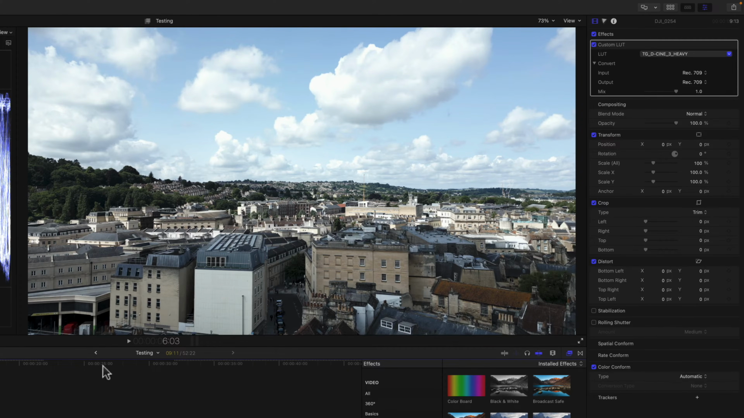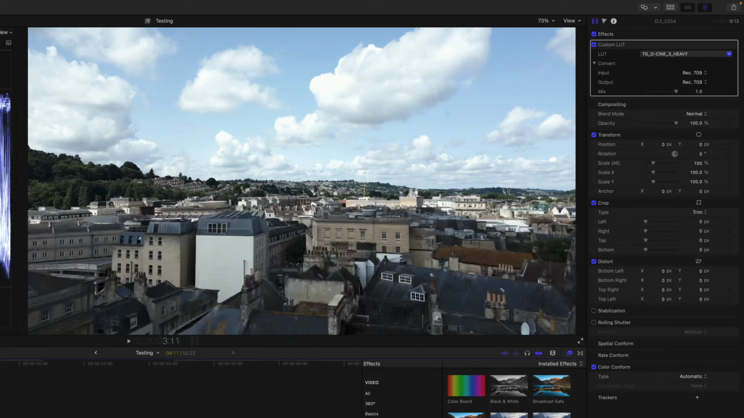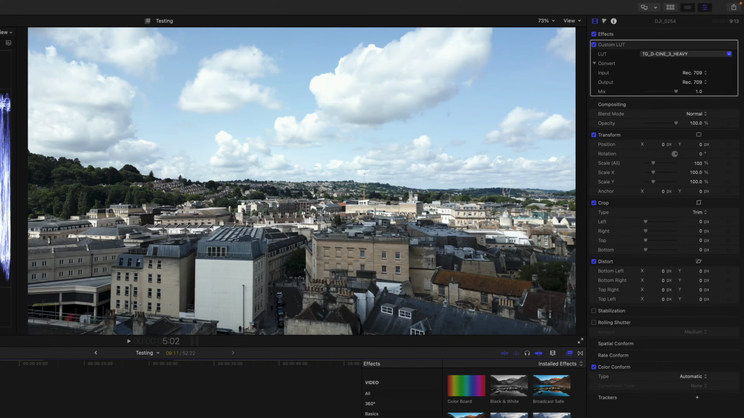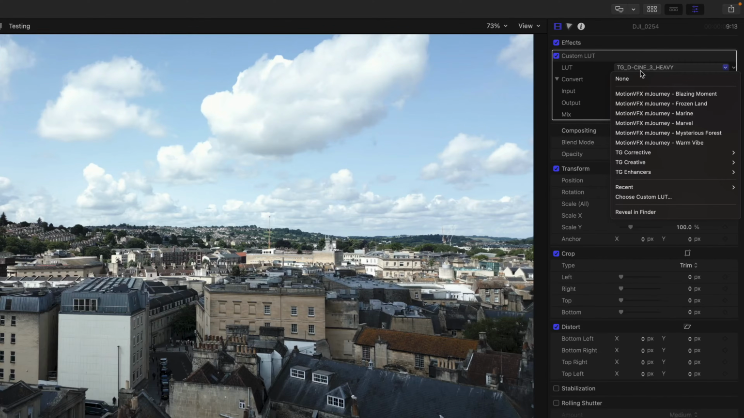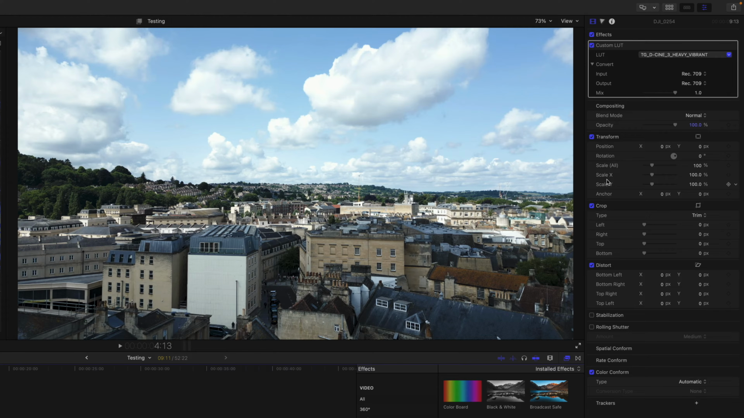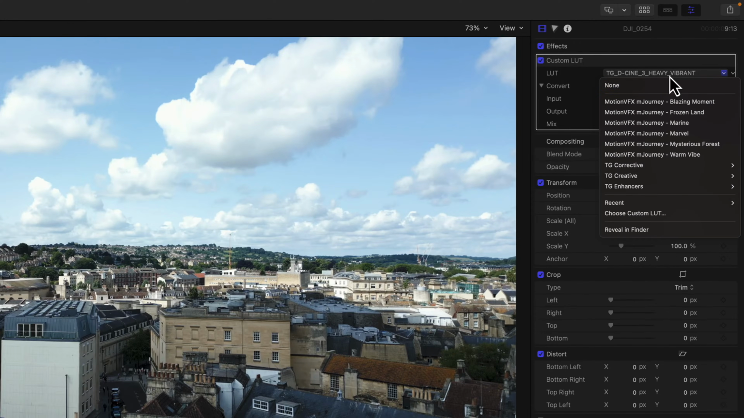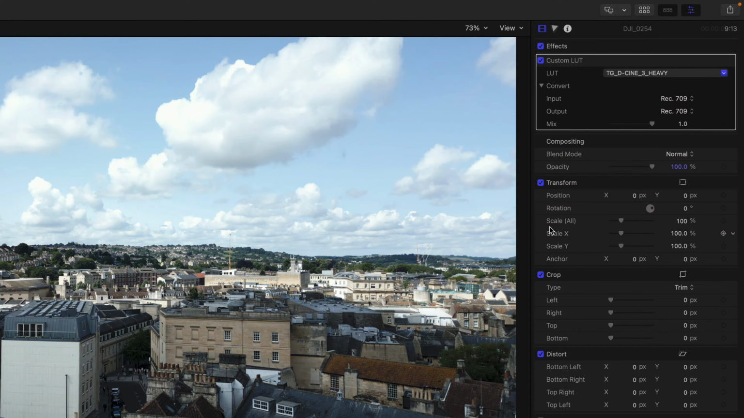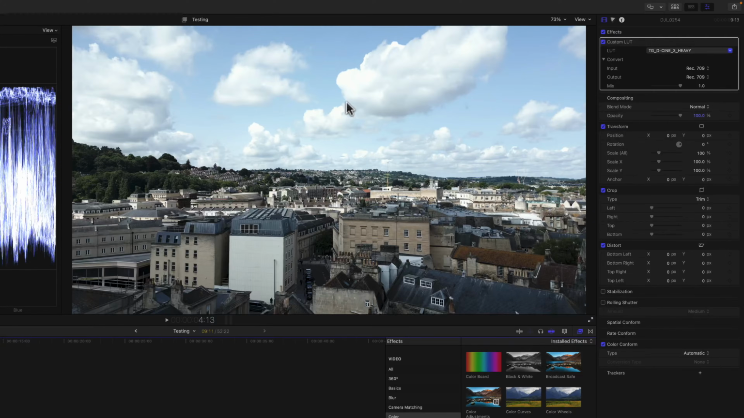And that's literally it. I've dropped the LUT on, it's done what it needs to do, and this is what the footage looks like. So I didn't go with the vibrant LUT because I don't really, I'll show you what it looks like, but I don't think that that's going to work for me for this clip. But you can see it just adds a little bit more vibrance into your clip. So I'm going to put it back to heavy, and what I'm instead going to do is apply an enhancement